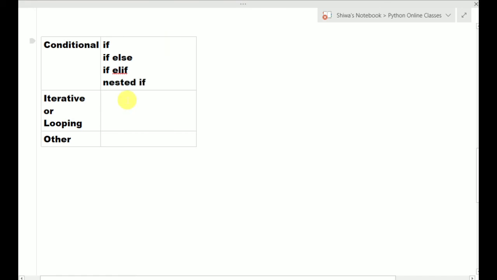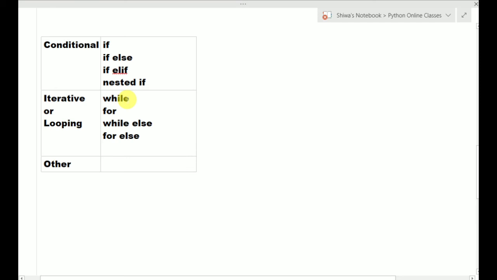Iterative control structures can also be called looping control structures. I am writing the list. So it provides while loop, for loop, while else loop, then for else loop. These are the iterative control structures.